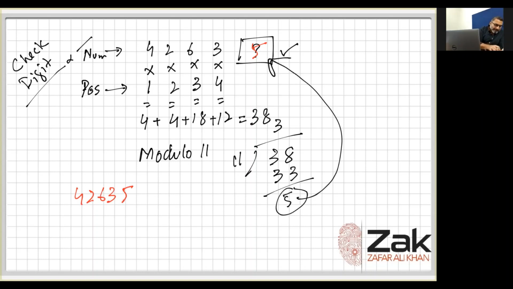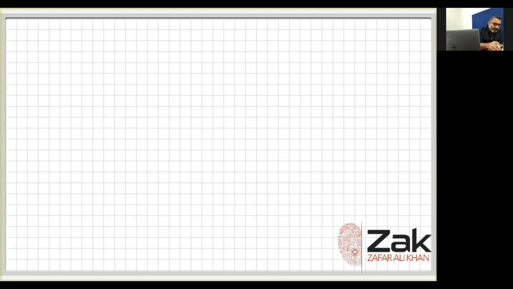And then the computer will work out, leaving this 5, these 4 digits and find its own check digit, and then the computer will compare its check digit with this entered check digit. If the two match, it means the check digit is entered correctly. In another way,